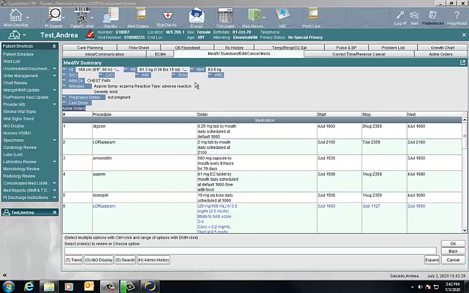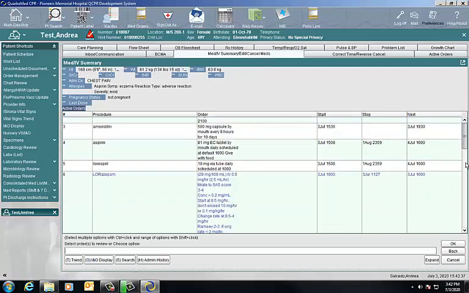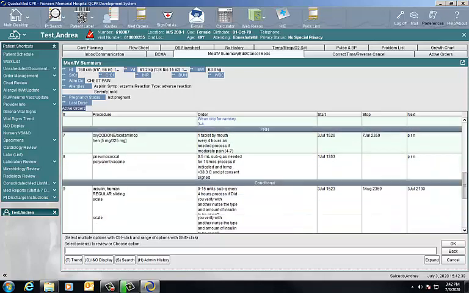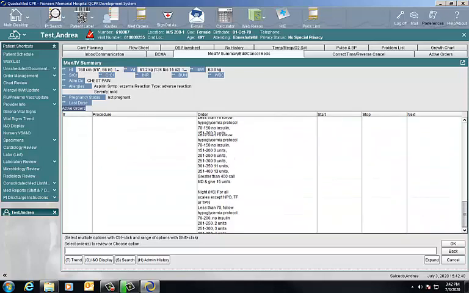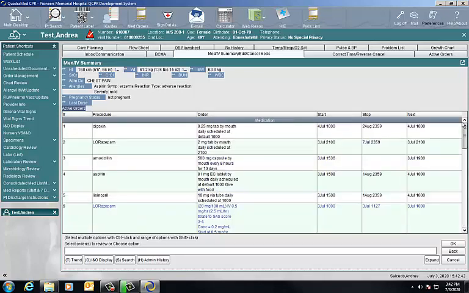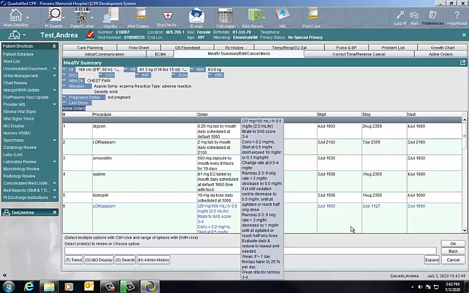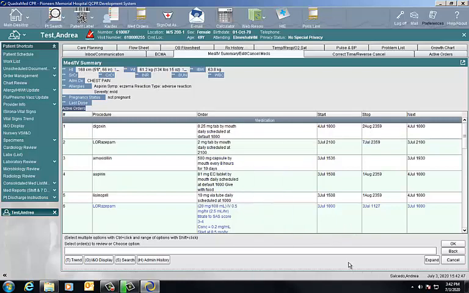You would go to the tab that's right next to the BCMA. It's called the Med IV Summary, Edit, Cancel Meds. This displays for you all of the medications this patient has ordered and may be active. If you have a medication that was a one-time dose and you need to go ahead and edit that one or cancel it, and for some reason, you would hit the expand button first, and it will display in blue